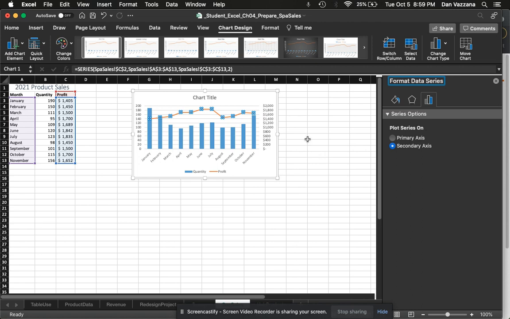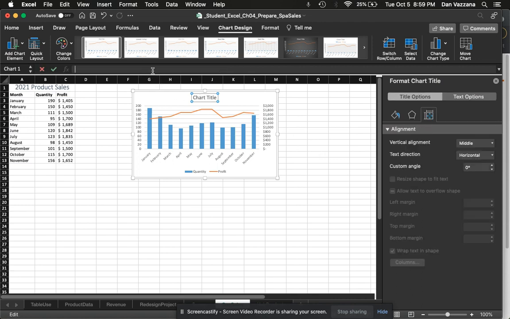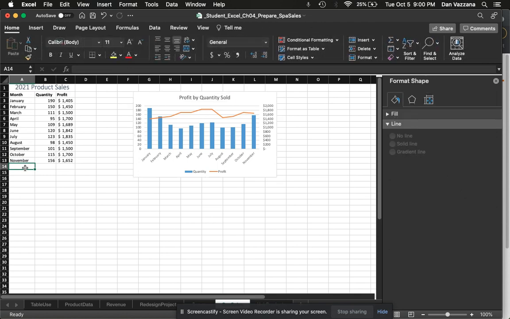At this point, it should look very much like what you see in the video. They have us give the chart title Profit by Quantity Sold. And if you're following along in one of the blue boxes, I believe this will bring you right up to that point. You'll find that they tell you to add in additional figures, the December numbers,